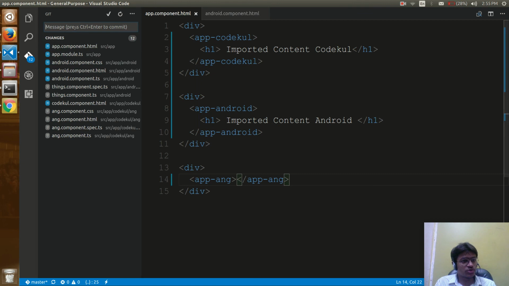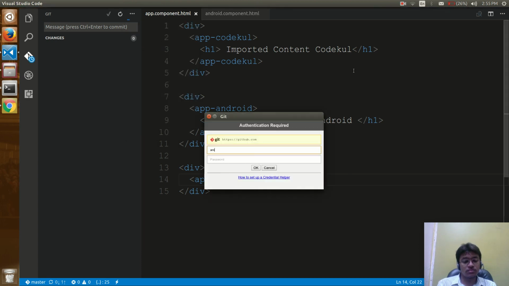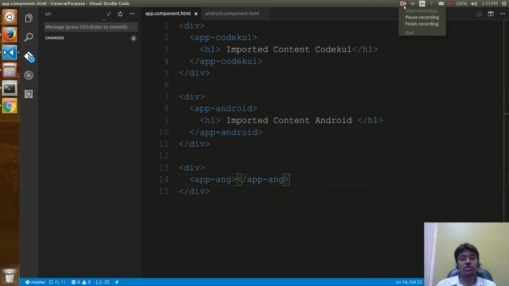Let me push this much code. I can say view encapsulation and ng-content, right? View encapsulation and ng-content. Okay, so I have pushed the code, and